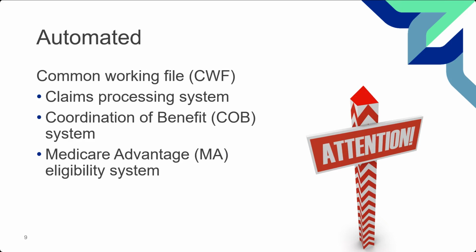What can cause this type of an unsolicited response? Well, first of all, the coordination of benefits system, which is where we do track the Medicare secondary payer information, or when there's someone responsible for processing a claim before Medicare. It could be another insurance, it could be a store or something like that if they were uninsured with like liability insurance as an example. So someone is responsible and has to process that claim before Medicare. It could also be a claims processing system reporting in.